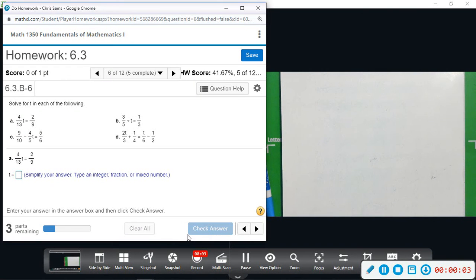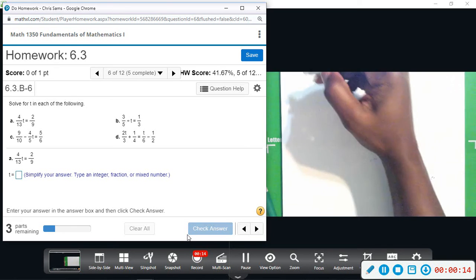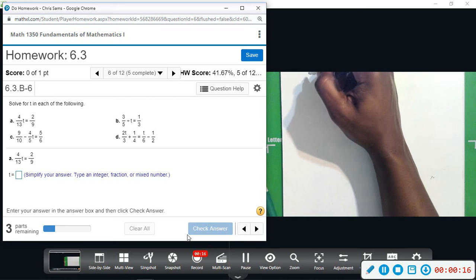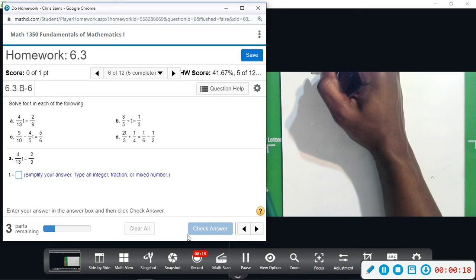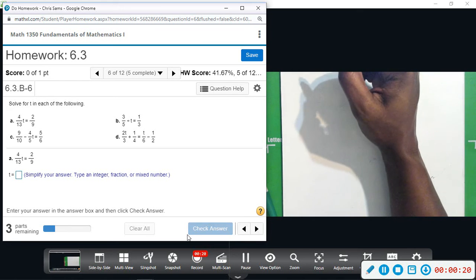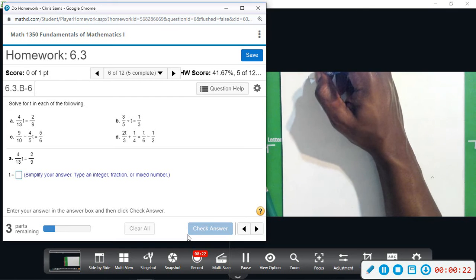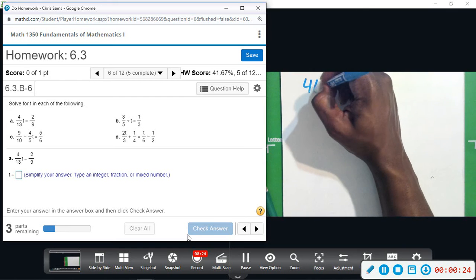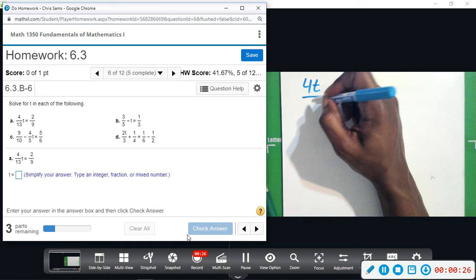Alright, number 6. We want to solve for t in each of the following. So, for part A, you can just put the t on the top. If it's on the side, put it on the top, unless it's clearly on the bottom. So we're going to do 4t over 13